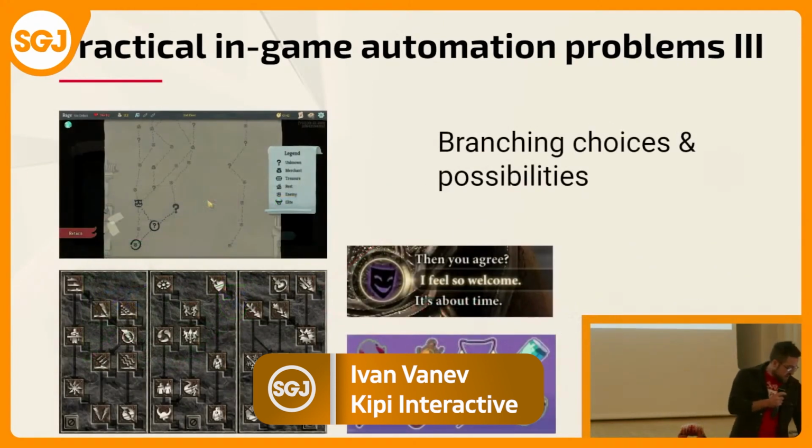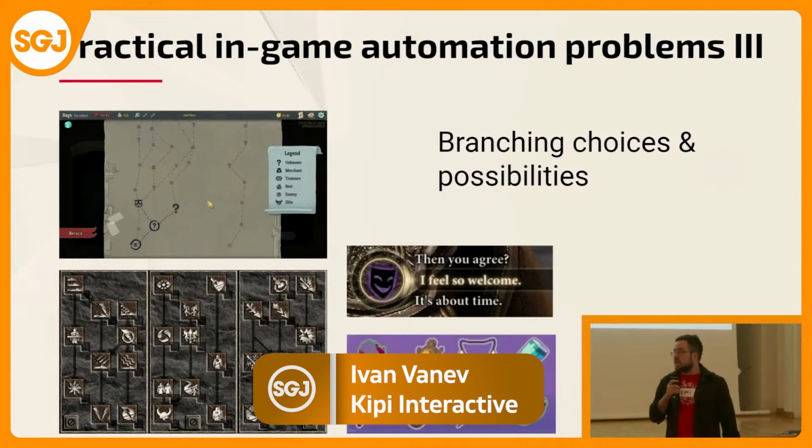And the other thing that really, really increases the possibility space again in games are the branching choices. Whether or not it would be what would be your next location in the game, like in the Slay Spire example. What skills would your character have, like in the Diablo example, what items would you have, and what choices your character has taken in the game, and how he has moved the narrative forward. These all create a lot of options, a lot of possibilities that are virtually impossible to explore with a single automation